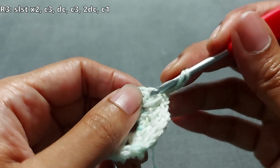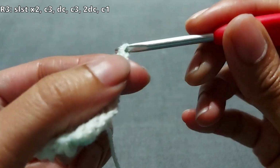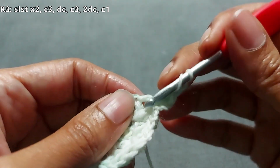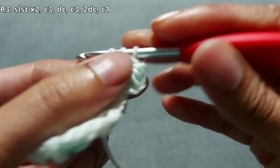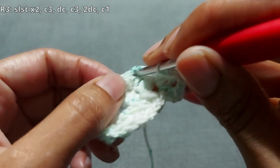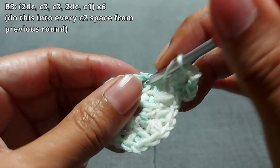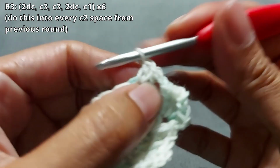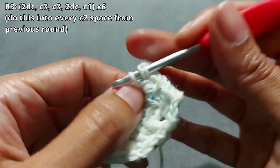and then you're going to do 1 more double crochet, and then chain 3 actually this time, and then into that same chain space, do 2 more double crochets, just like that. Then you're going to chain 1, and then jump over to the next chain space in between the puffs, and then do 2 double crochets, chain 3, and then 2 more double crochets into that same space,